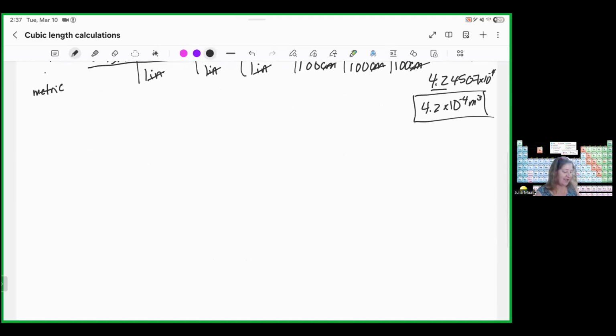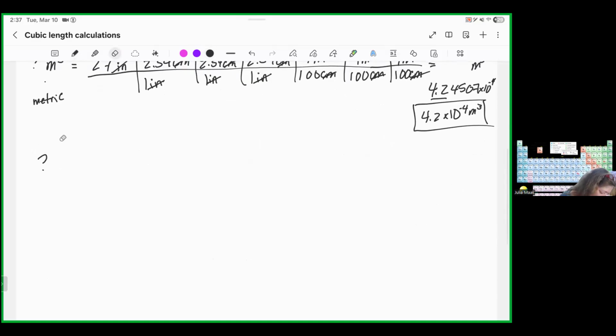So what if I said something like, how many liters are in 9.37 cubic inches? Okay, so that's a pretty involved one. That's a pretty major one. We're going from a volume